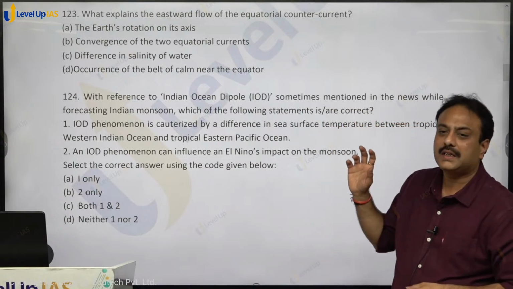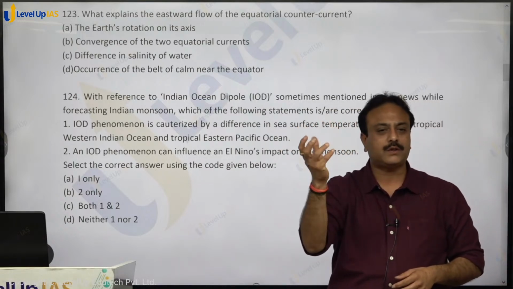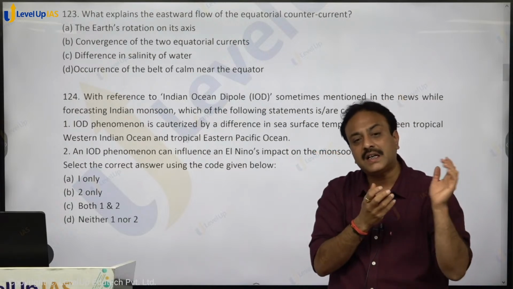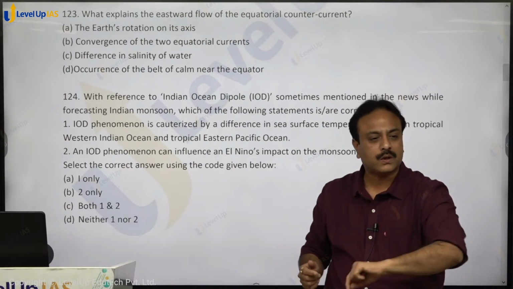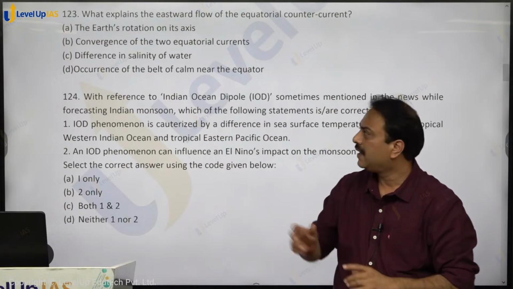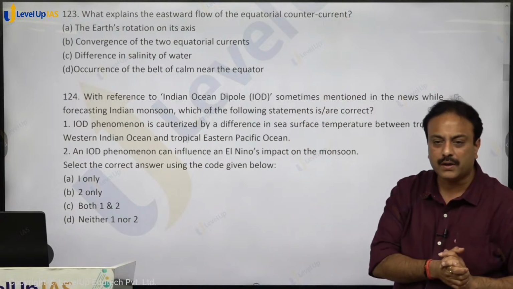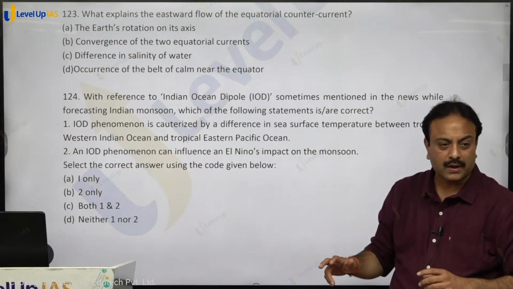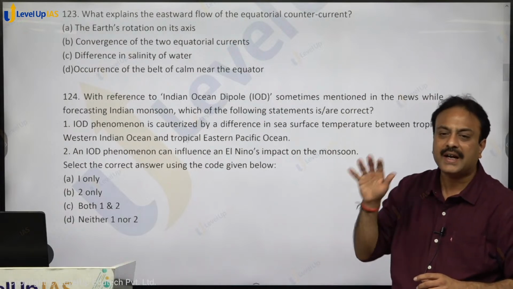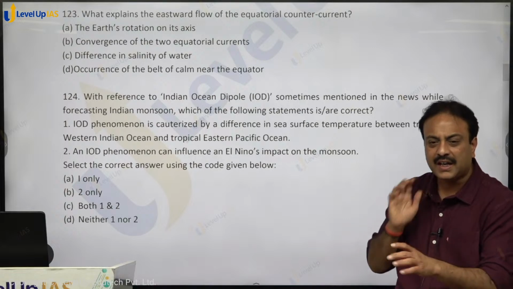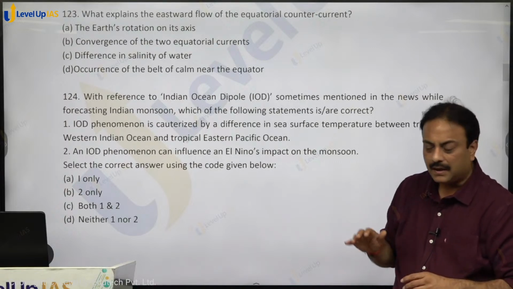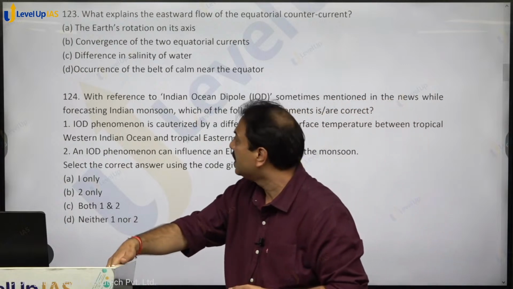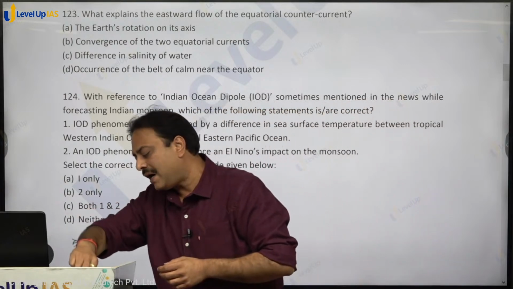Now, Earth's rotation on its axis. When the Earth rotates west to east, then the surface water moves east to west. That may result in genesis of the north equatorial current and south equatorial current, which are known as mother currents. That will not result in formation of the counter equatorial current. When these mother currents, that is the north equatorial current and south equatorial current, converge or strike a continental landmass, then a part